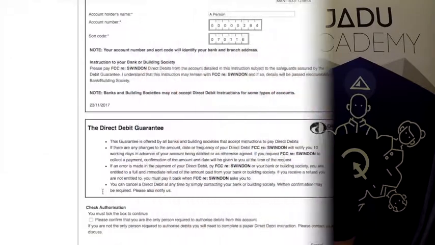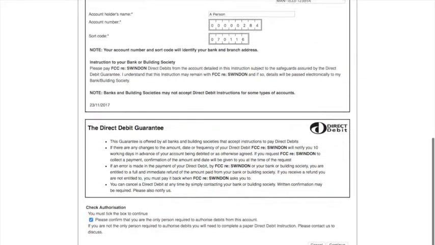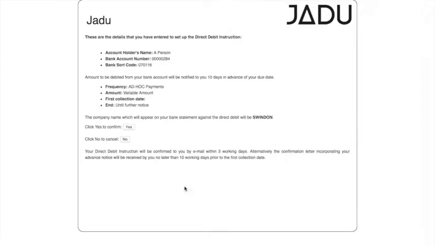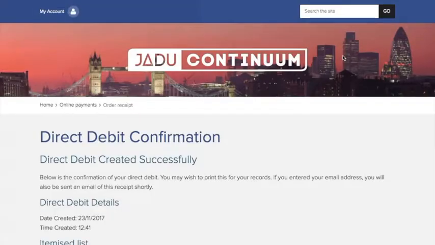Because I think there are certain rules around how the direct debit sign up has to look and feel. It's got to have the guarantee scheme on it, and yeah, you fill in your bank details, click continue, confirm your details, and then when you finish, the process will redirect you back to the